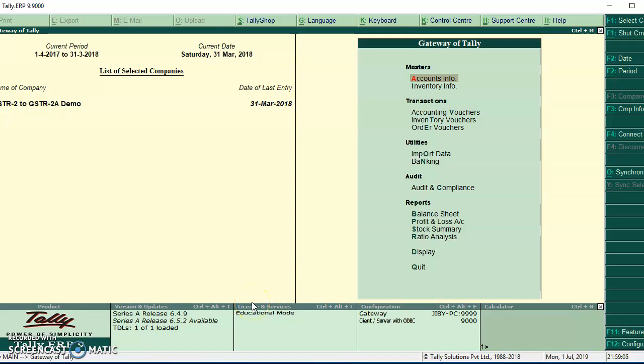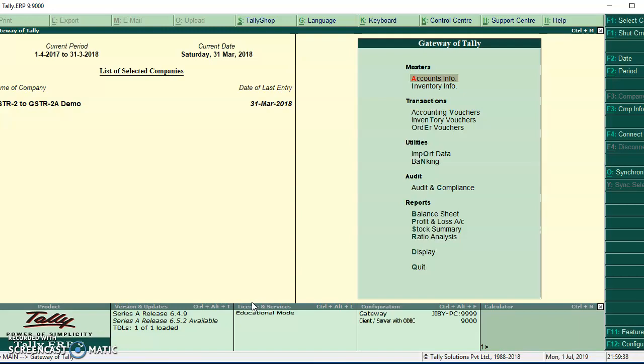Hi, today I am going to talk about a customized tool to reconcile GSTR2 to GSTR2A data downloaded from your GST portal. Most of us don't have a clue how to reconcile GSTR2, that is purchase entries in Tally, to whatever your supplier has uploaded in the GST network. Some of you may have tried using Excel, but it is very complex. So we have decided to make a utility to do this work effortless.